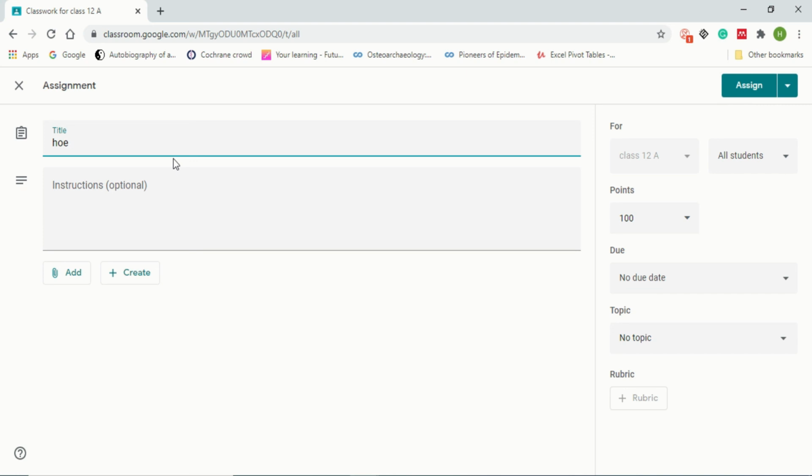Homework for chapter 10. What do they want to do?